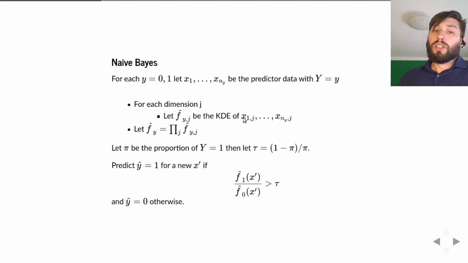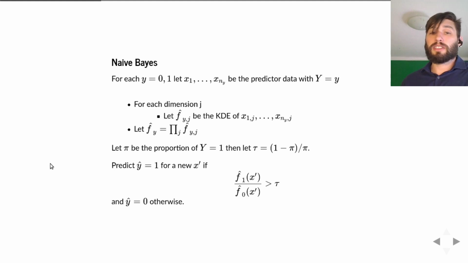Okay, so now we have densities for all of the labels. Right? So for a new x prime, for example, we have a density for the 0s and a density for the 1s. If we let pi be the proportion of y equals 1s, now we have a pretty good estimate of the marginal probability that y is equal to 1, and we can calculate that tau from before. Now we can predict y hat equals 1 for some new x prime if our estimated density ratio exceeds tau